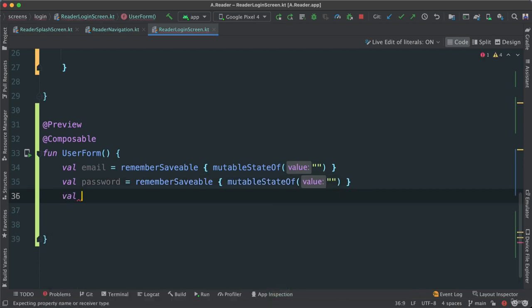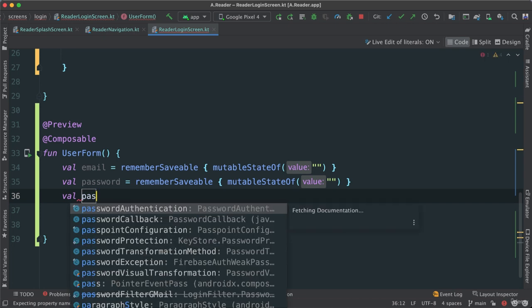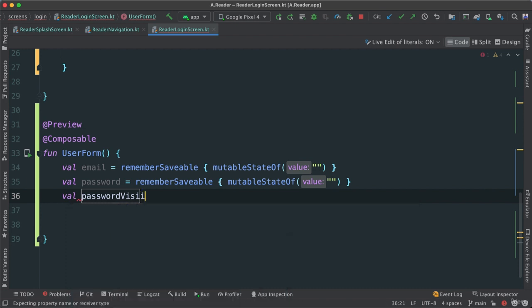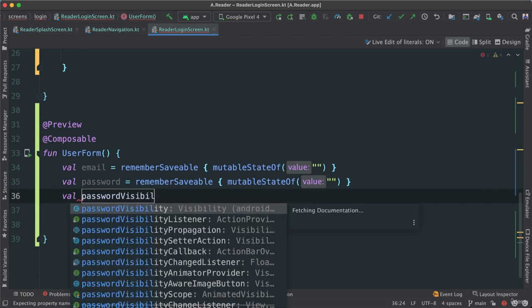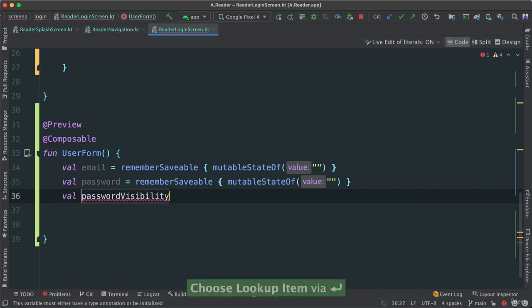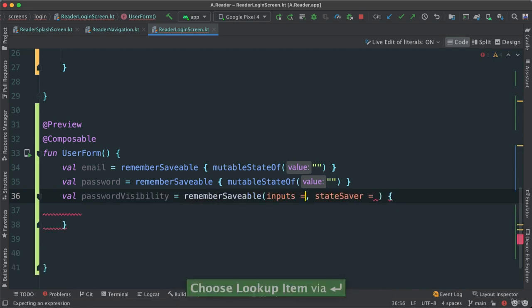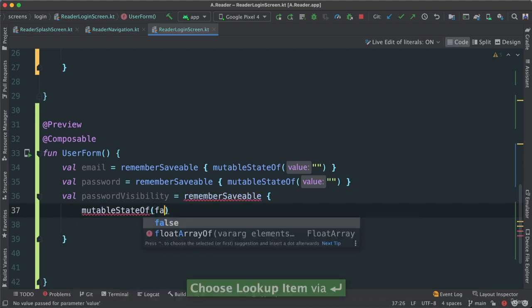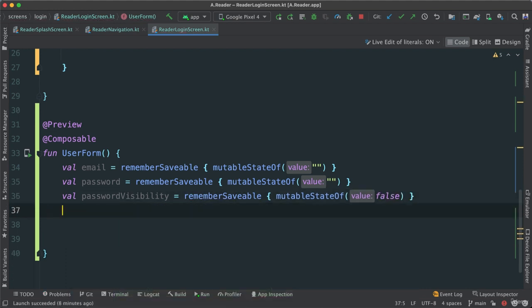And then I'm going to create another one for password visibility, because I want to be able to toggle the visibility of the password. I'm going to use remember savable again, it keeps adding this. Should probably get a different one. Okay, mutable state of, I'm going to say false in the beginning, and then I'm going to say val password